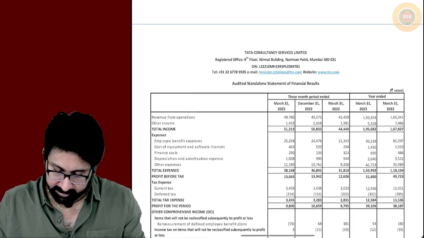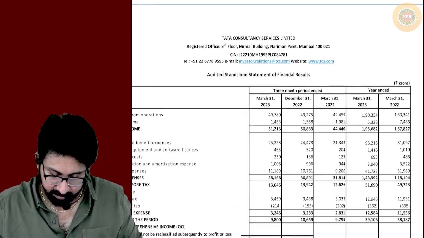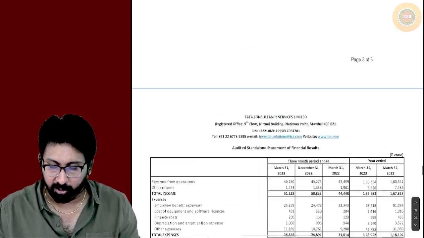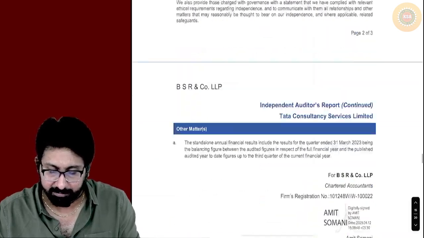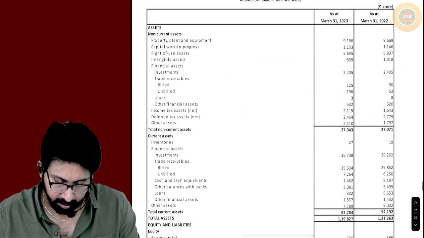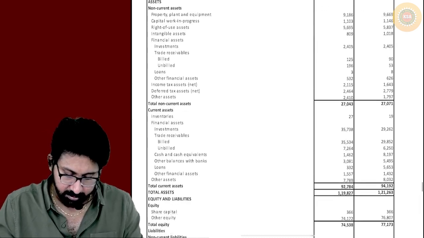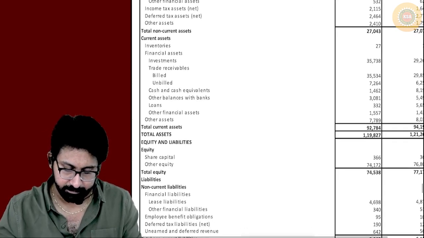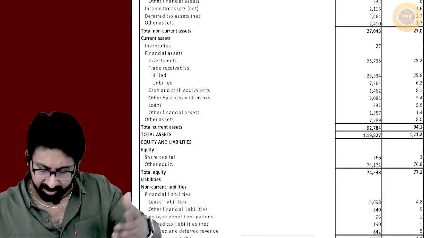See there and tell me. When we want to know the current ratio, we need to check the balance sheet. Come to the balance sheet once. See here. Please listen carefully.